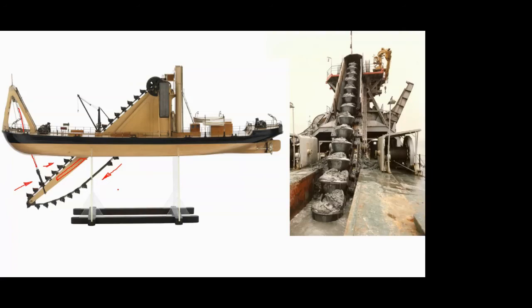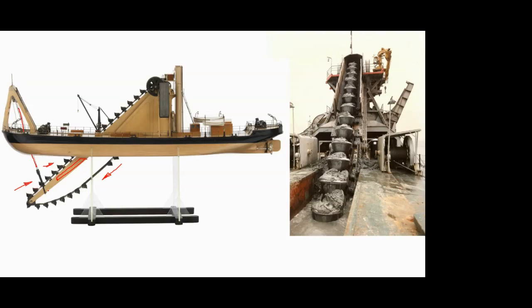Now again, if I tell you to write the disadvantage or limitation of this, the very first limitation that should come to your mind is the depth at which this kind of dredger can be operated. Because if you see, this depth is not much as compared to the grab or clamshell dredging. Grab or clamshell mein kya tha? You had ropes, so if you just increase the length of the rope, you can go deeper and deeper, or you can take that bucket deeper inside the water body.